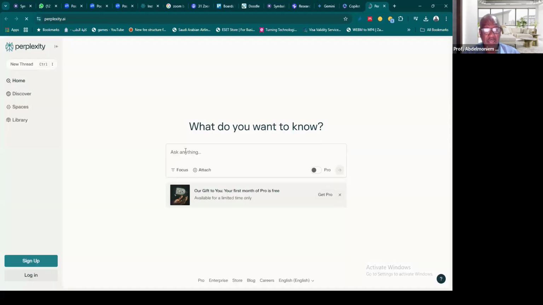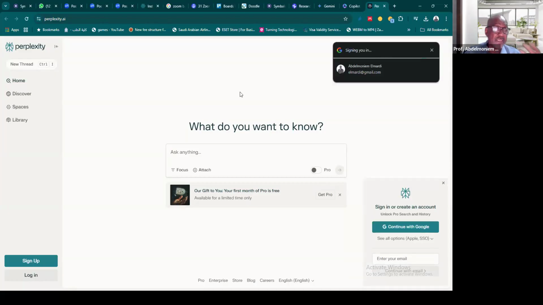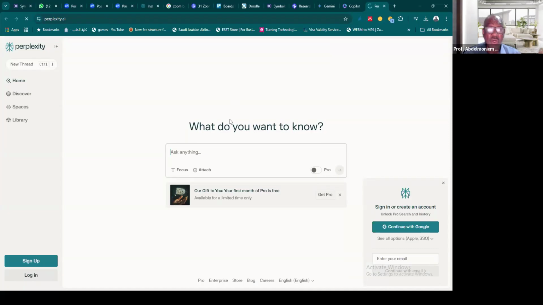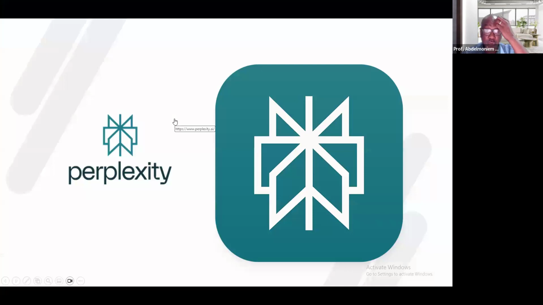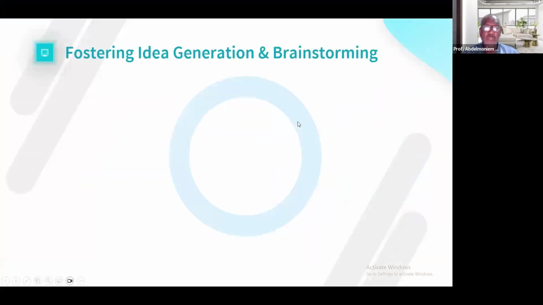As you can see, Perplexity is very similar, but it is not in itself a chatbot; it depends on other chatbots. I flashed it there. It is very good, but you need to subscribe. As you can see, I am down there. You can actually subscribe, but I already have an account in Perplexity. In short, AI tools that can help you make decisions include ChatGPT, Gemini, Copilot, and Perplexity.